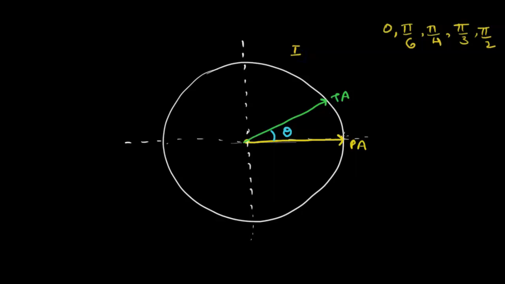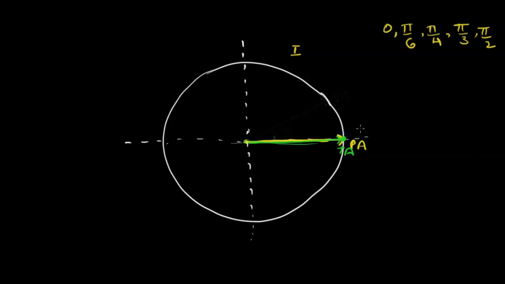Now, if we are in the first quadrant, then the terminal arm would lie on the principal arm. It will be forming 0 radian angle, and that would look like this. So principal and terminal arm are lying on top of each other, that forms 0 radian angle. Wherever the terminal arm is going to touch the unit circle, that point is going to be represented with x and y coordinates. Because it's a unit circle and we know the radius of this circle is 1 unit,